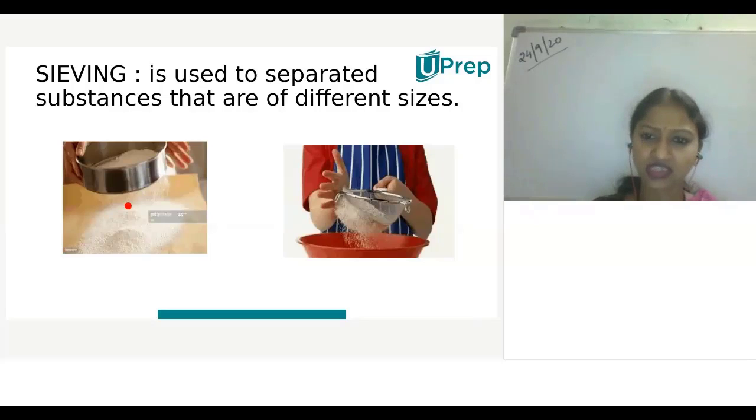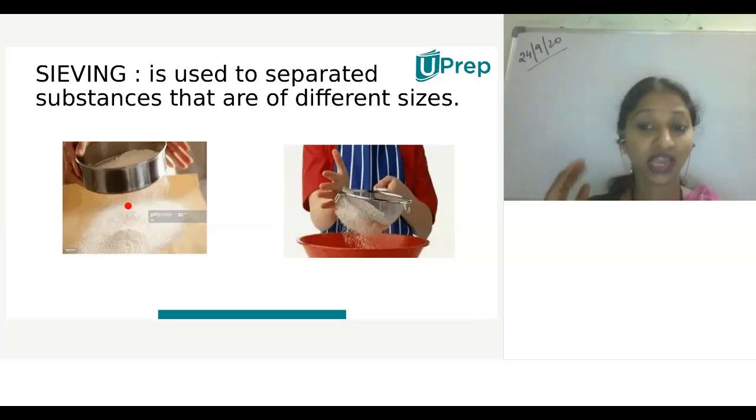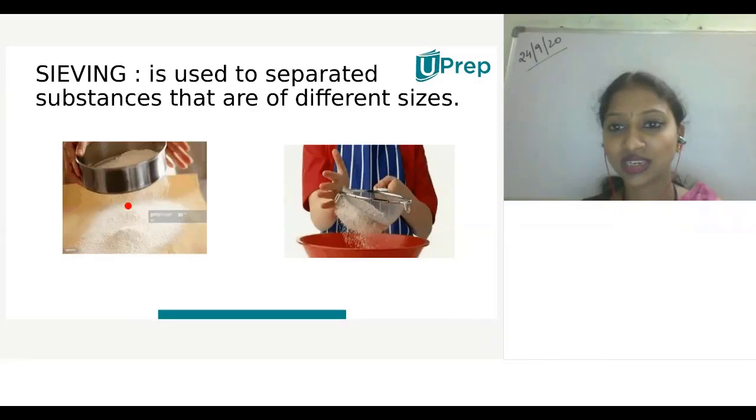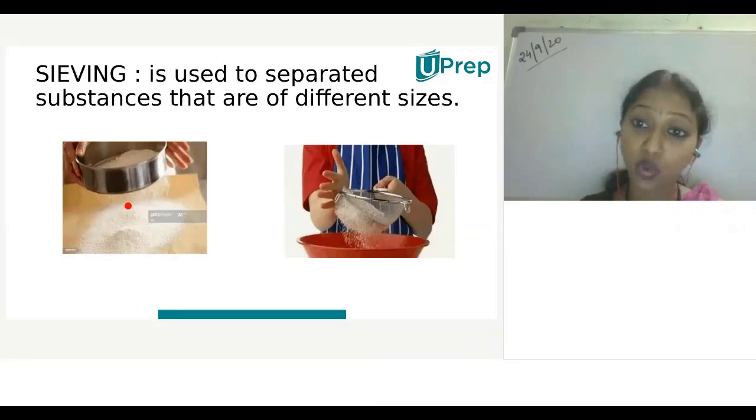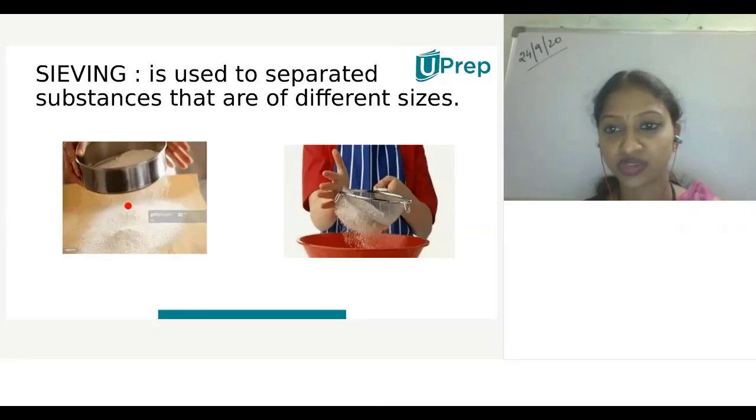Yes, definitely. These are common separation techniques, but we are learning the names, what kind of separation technique it is. As I said before, we use all these at our homes, but now we know what the separation techniques are and on what basis we select them. With natural knowledge, we'll go through all the separation techniques. But these techniques are also used in laboratories, and with chemicals, these separation techniques are used.